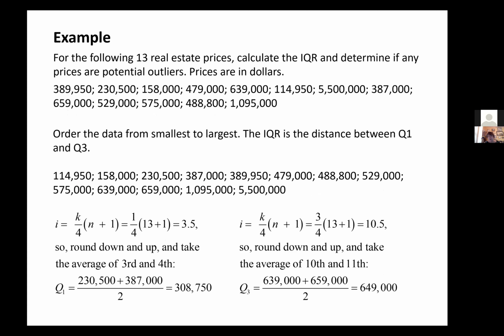All right, to find the quartiles, you use the same formula. K is now going to be whatever quartile you're trying to find. So, for example, if we want to find the first and the third quartile, which we need to look for the interquartile range and determine if we have any outliers. So if we look at these 13 real estate prices,